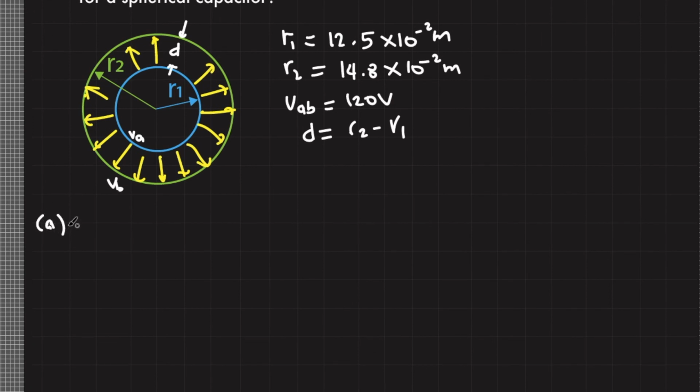So the formula for capacitance is C equals Q, charge, over potential difference. And as we all know, potential difference can be rewritten in terms of electric field. And the electric field we're talking about radiates from r sub 1 and terminates at r sub 2 based on the figure. So V sub AB,